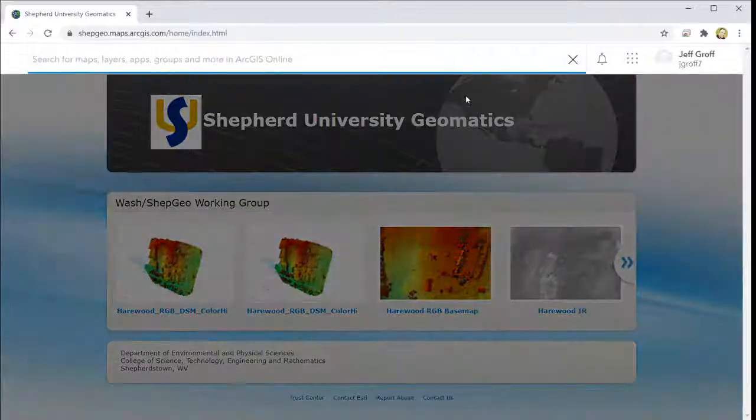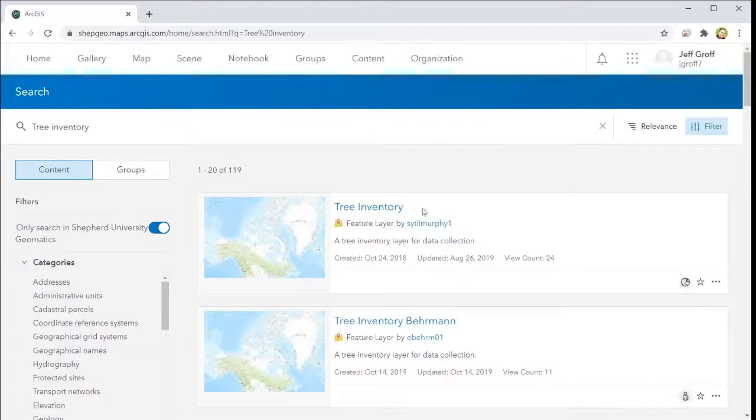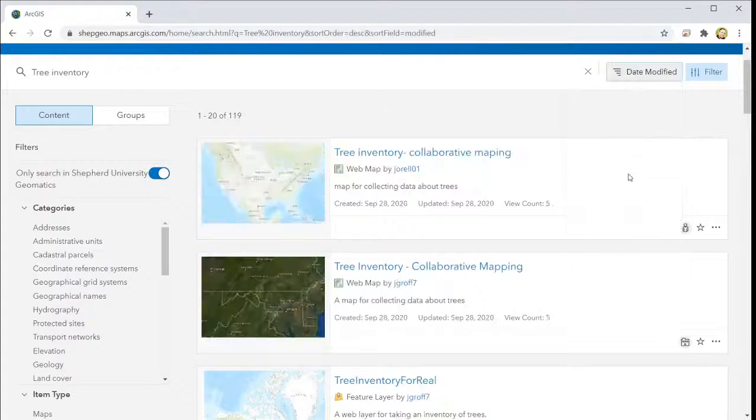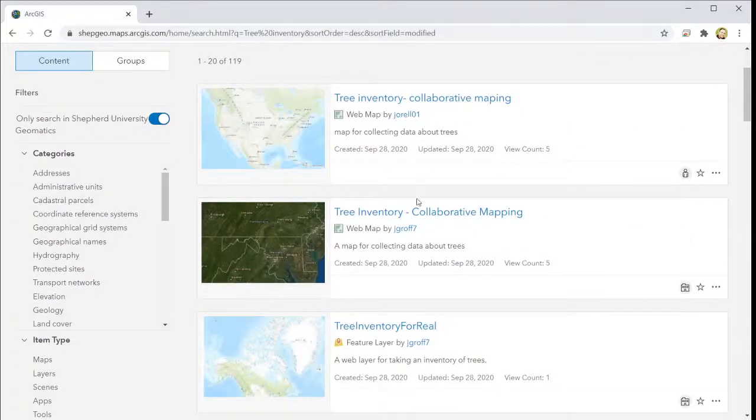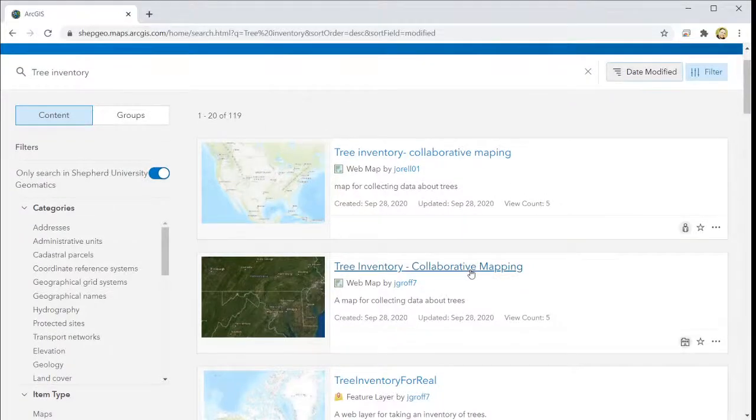I'm totally going to find this now. All right, tree inventory. Let's see what we get. And let's sort by date, so if somebody made one newer than mine. Here it is, tree inventory collaborative mapping. So this is my map, web map by JGraph 7. So you guys should go to ArcGIS Online and see if you can find tree inventory collaborative mapping, my map,